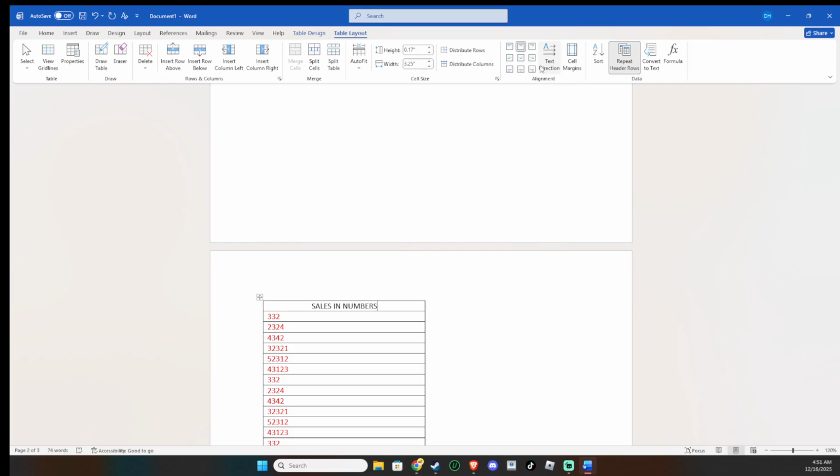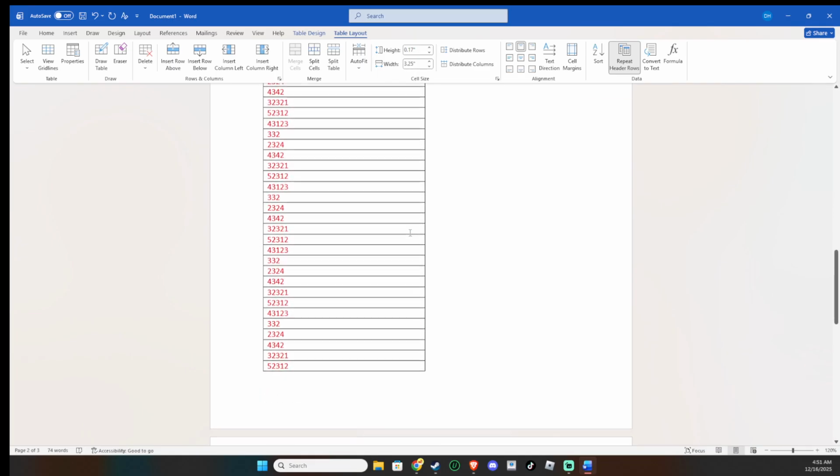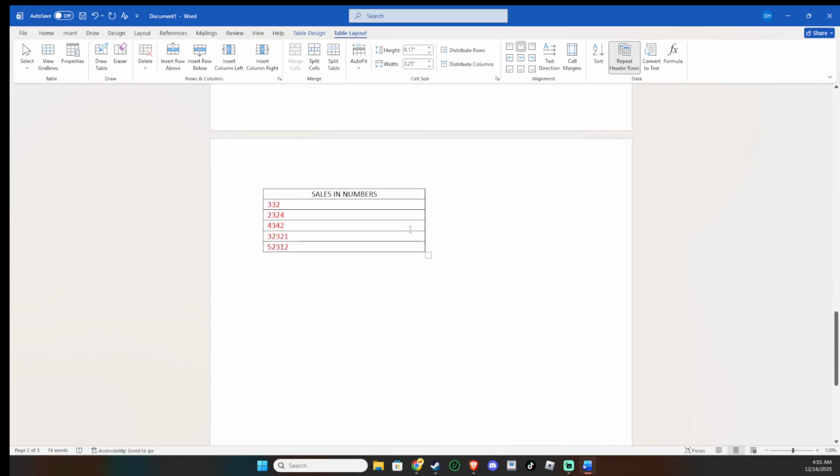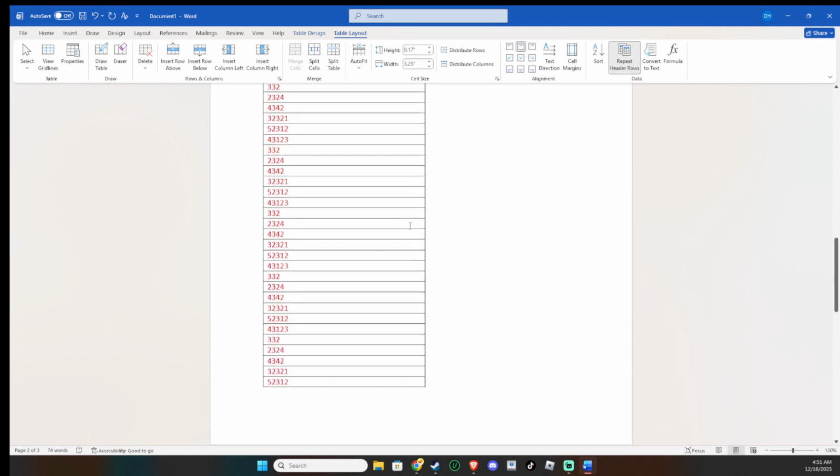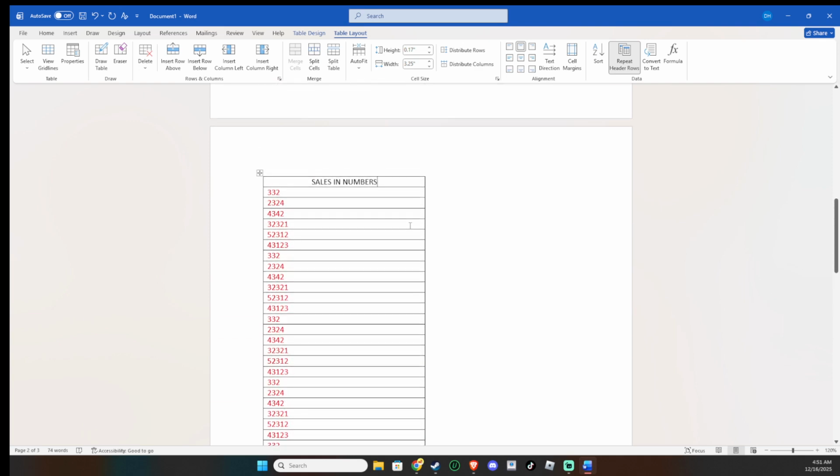Finally, test your setup. Add enough rows to the table so it flows onto a second page and beyond. As the table grows, switch to Print Layout View or use Print Preview to verify the result. You should see your selected header rows automatically repeating at the top of each page without needing to copy and